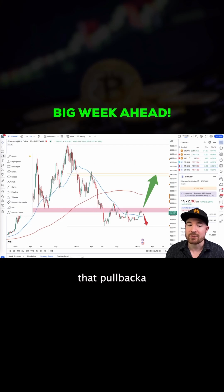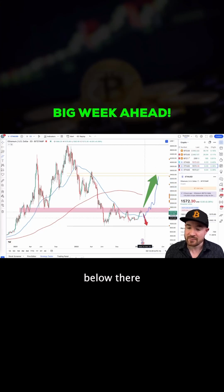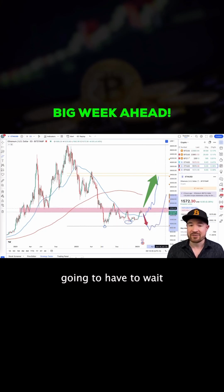So we can get that pullback, and even if we drop to $1,350, keep in mind that's a $220 drop. That's pretty bad for anyone who's playing with high leverage longs and is not hoping for that dip. A lot of longs will get liquidated on leverage, so be careful with that. But we could get that drop back, continue higher, break it, flip it, and maybe continue higher. That would be the pullback scenario. Obviously, if we get down below there, then there's potential to run these lows, or potentially even run this low, and then continue there. So we're going to have to wait and see how this week plays out, especially the FOMC,